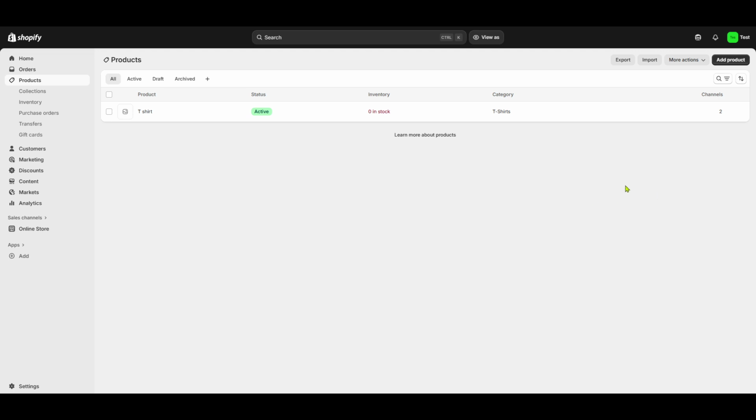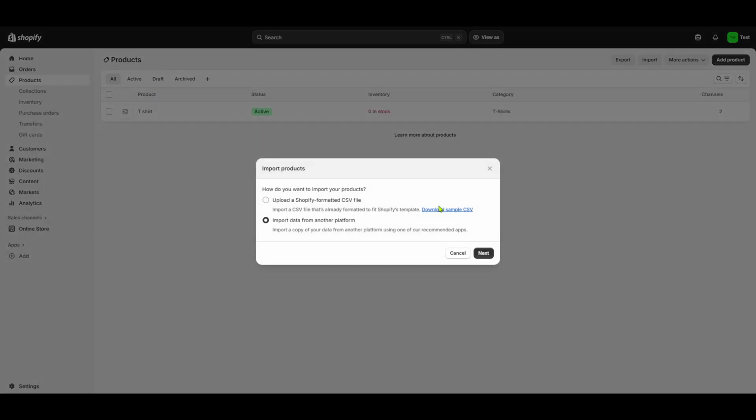Look for the Themes option in the side panel. While it might seem a little counterintuitive, selecting themes is part of the process and will lead you to where you need to be next. With Themes clicked, you'll now be directed to a page where you can find customization options for your storefront. But for our purposes, we need to proceed to the Import option from this path. Look for a button or link labeled Import. This is where the magic begins. Clicking on Import will take you to the final step in our process.